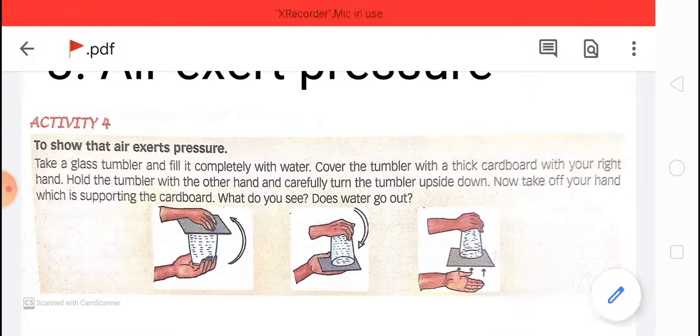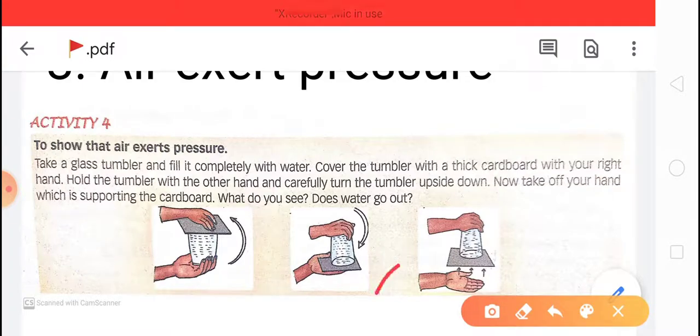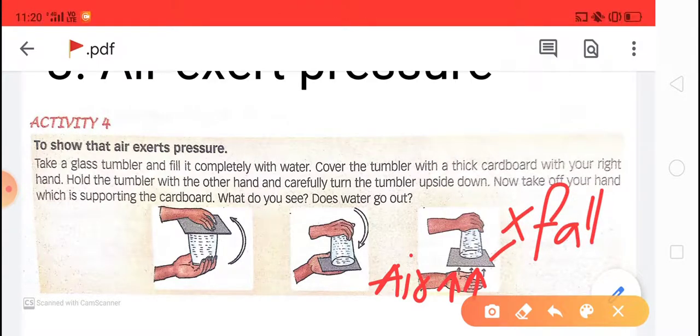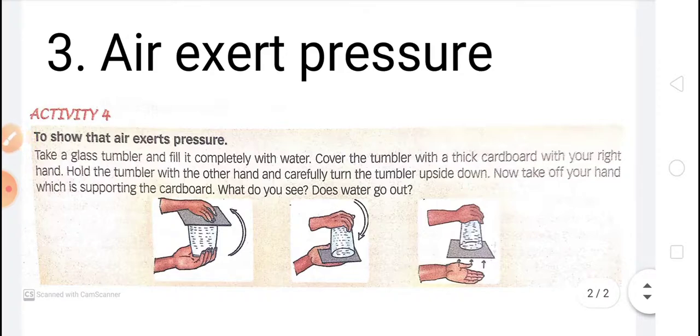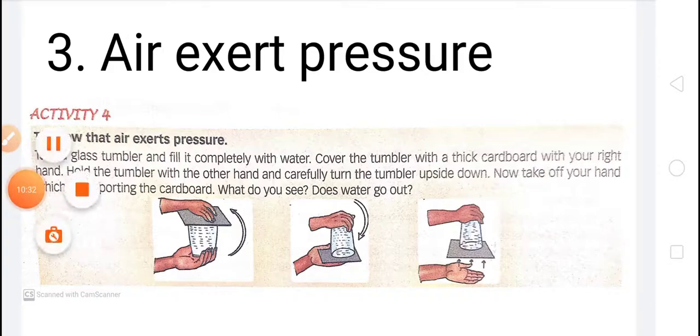Okay, it is as the air exerts an upward pressure. Air exerts pressure, no? Upward pressure. Air exerts upward pressure, and so the cardboard does not fall. And from this activity we conclude that air exerts pressure. Okay, you try to do this activity at home. You will enjoy this activity. Okay, and you will come to know that air exerts pressure. Children, this